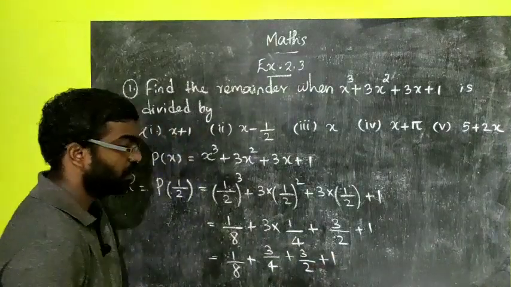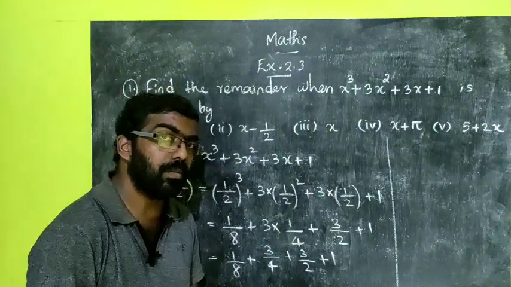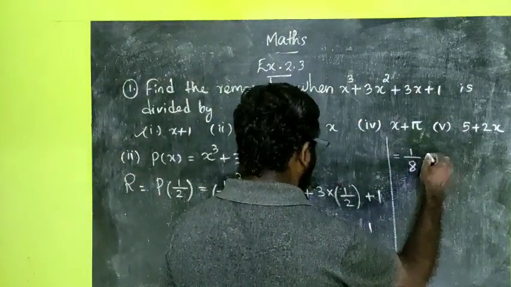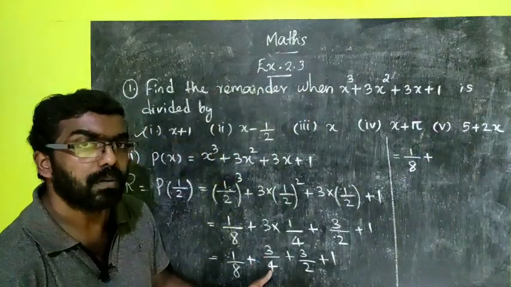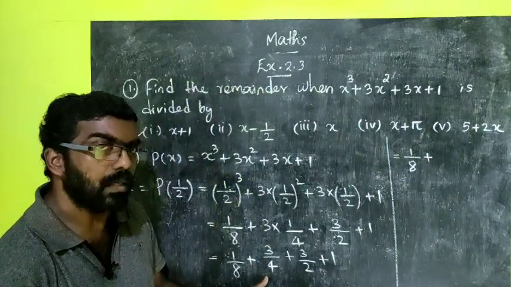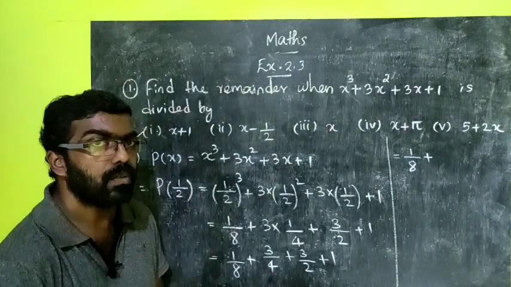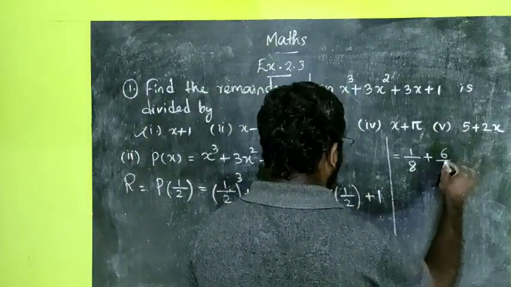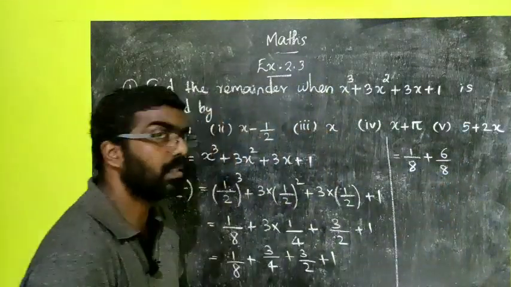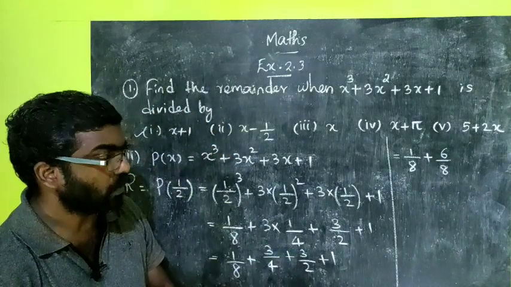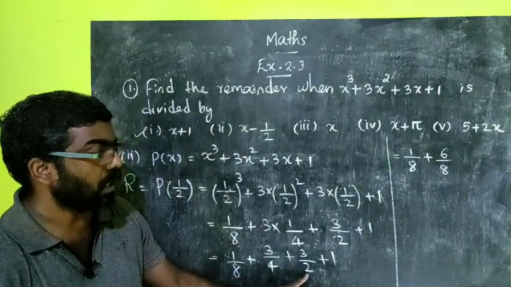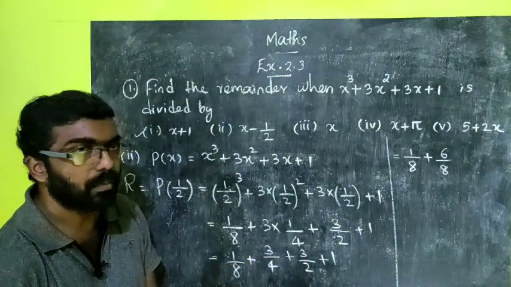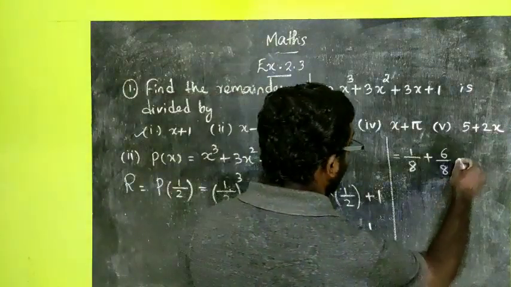then plus 1. So here I am going to make the denominator same. So first one I write as it is, 1 by 8. Then plus 3 by 4. We have to make 4 as 8, so we multiply 4 by 2. 4 2s are 8, so 3 2s are 6 and 4 2s are 8. Now the denominators are same. And the next fraction is 3 by 2. How can we make 2 as 8? 2 4s are 8. So we have to multiply both numerator and denominator by 4. So 3 4s are 12.